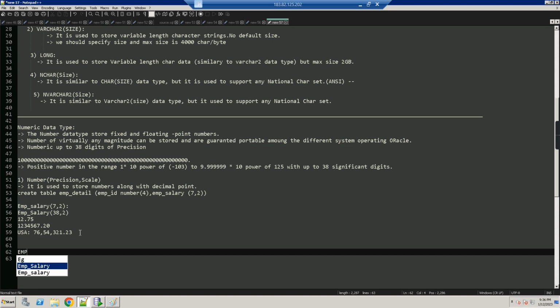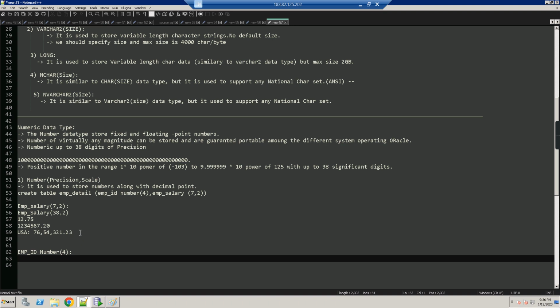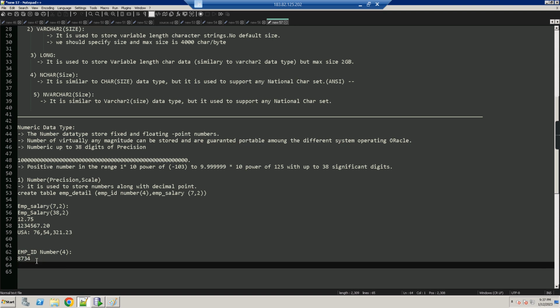Employee ID number. So in this case I'm going to write just a number of 4. That's it, 4. So what is the value here? The employee ID number is only something like 7653, only a 4-digit number. It can accept only a 4-digit number. If you try to enter 5 numbers, then the system will not accept it,